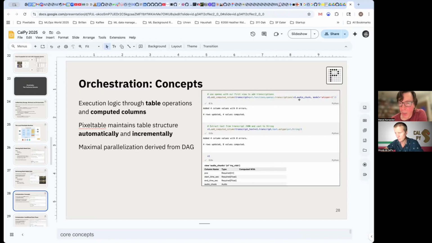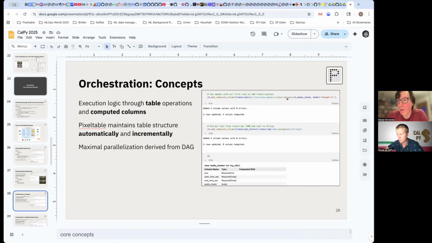So V1 here has a column called audio chunk of type audio, and we now want to get a transcript, and we can do that by adding a computed column that invokes the OpenAI transcription UDF. So Pixeltable comes with a host of user-defined functions, in particular for all of the popular inference service providers.